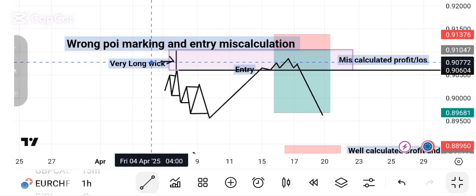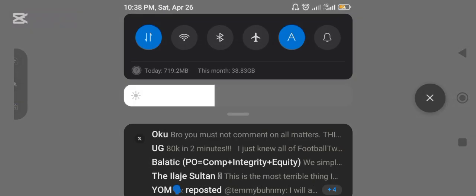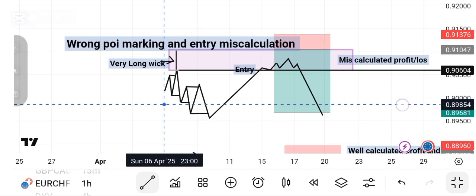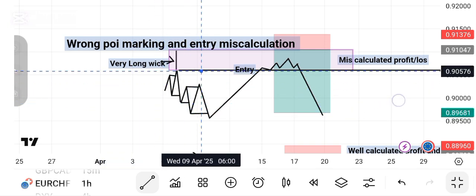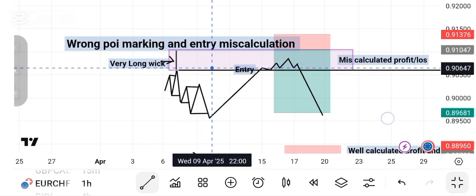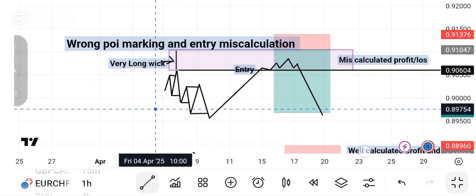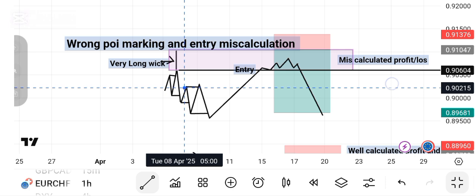There are some mistakes most of you traders do make. All right, so let's correct that right now. When you come to your chart and your pattern has formed,